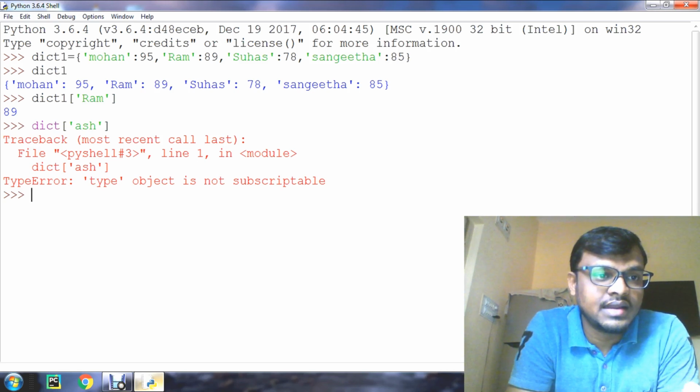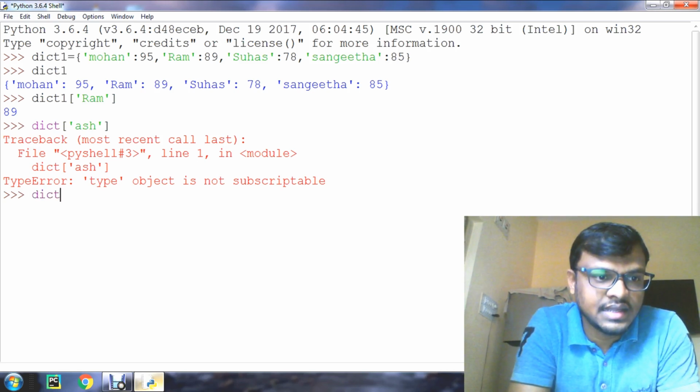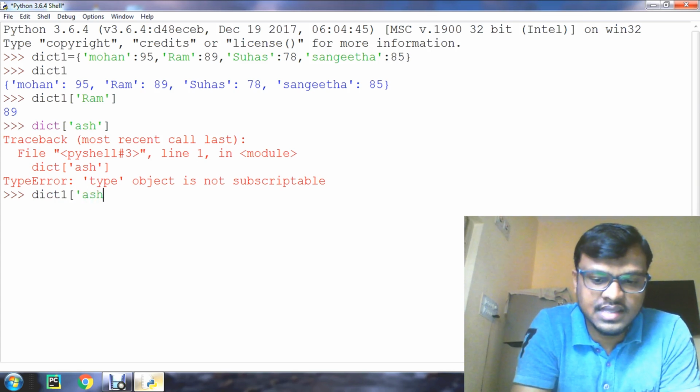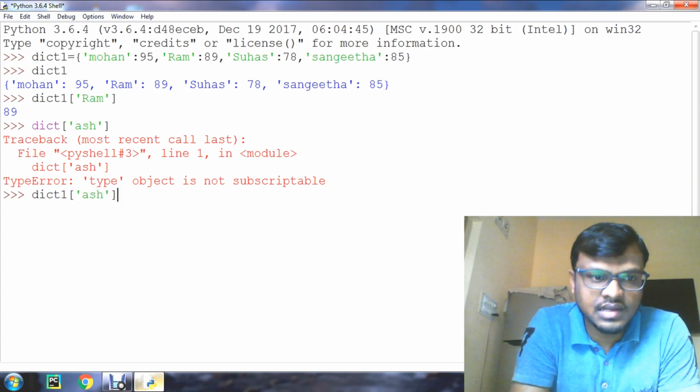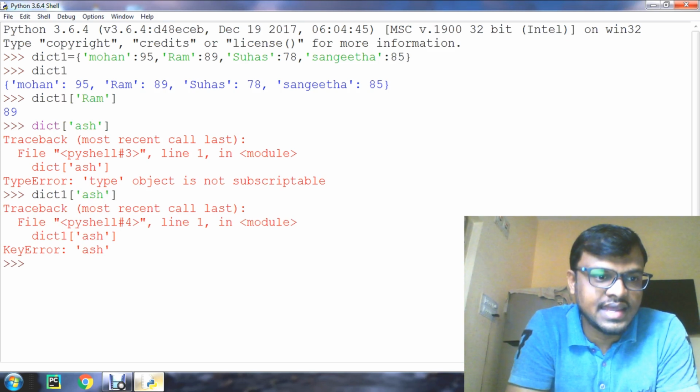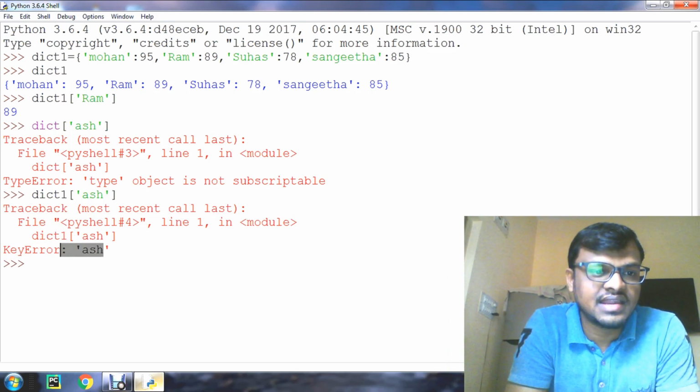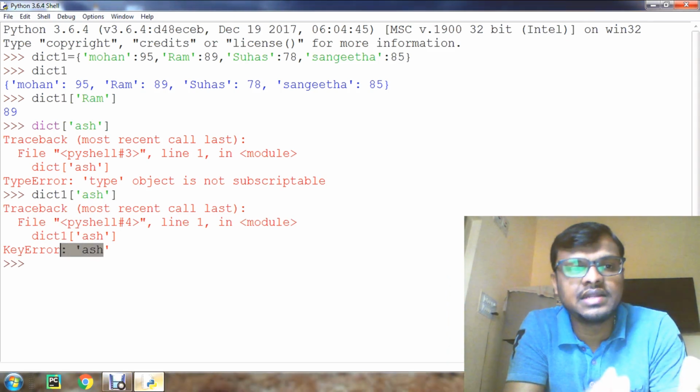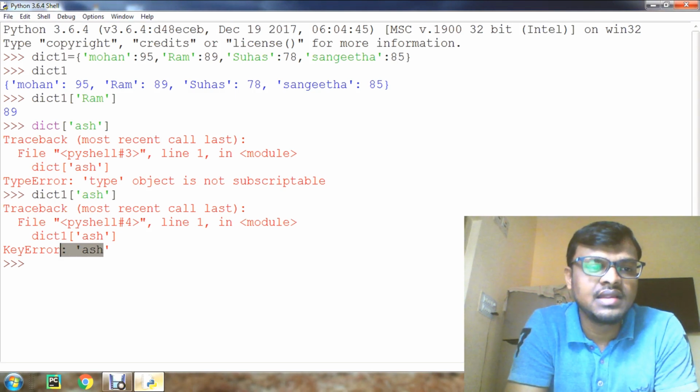Oh sorry, I made a mistake, dict1 I created. Now give ash. Now let us check, that is key error, 'ash' key error, because that key is not present in the dictionary dict1. Clear?